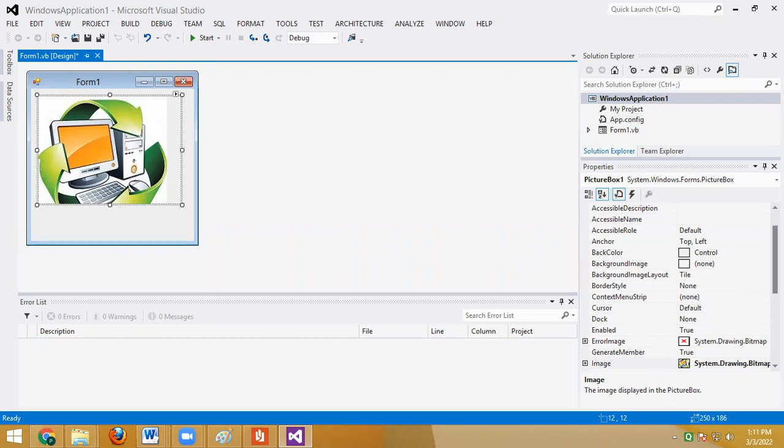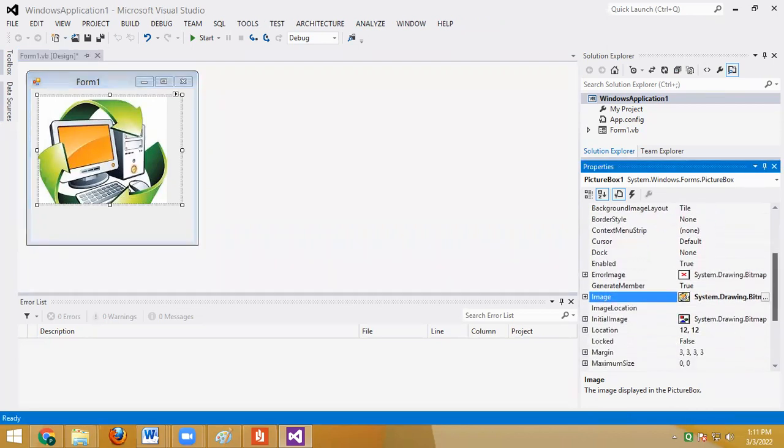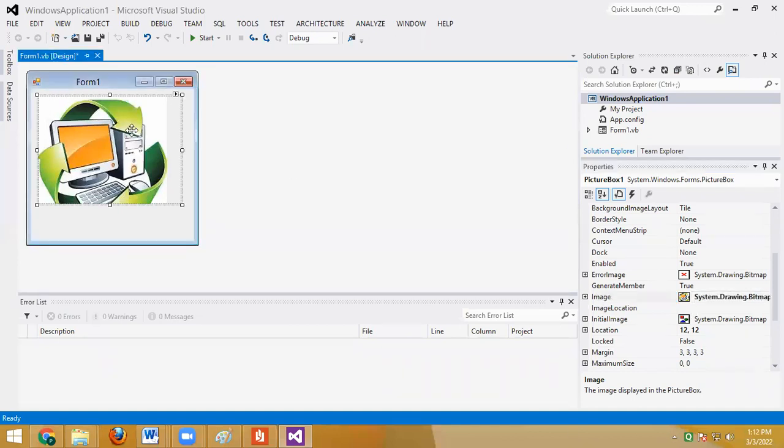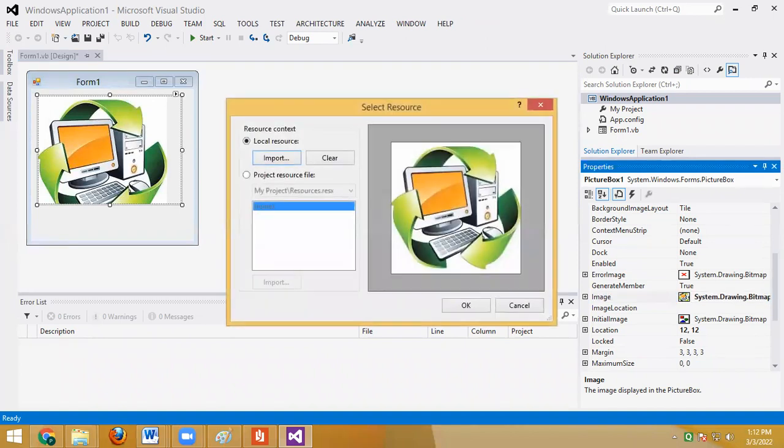This is the first way in which I have directly given the image which will be displayed in the picture box. See, from properties window also we can give it. Here is an arrow. We click over here. From properties window, we can also give the image path. See, this is the property window. When I click on the picture box, go in a property window. In that property window, there is an image. Go in that. Okay, so you can select image from here also.